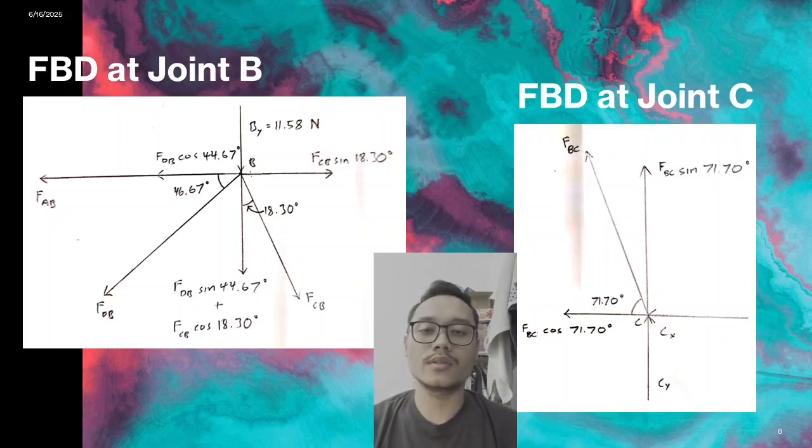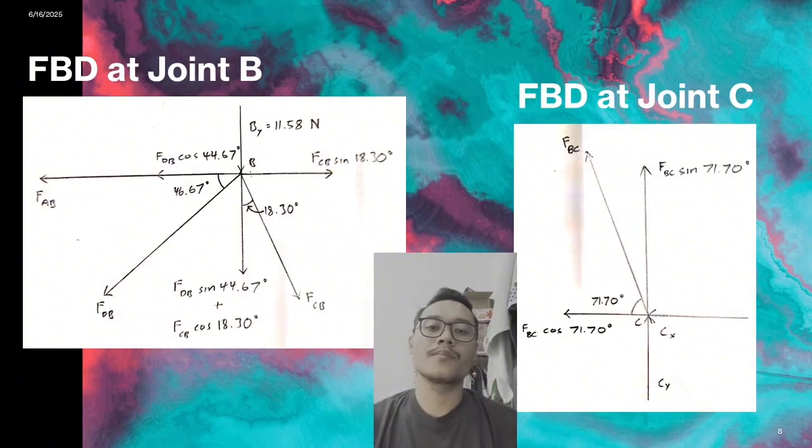assume that the force for BY is 11.58 Newton. The angle for FCB is sin 18.30 degrees. FDB cos 40.67 degrees and FDB sin 44.67 degrees plus FCB cos